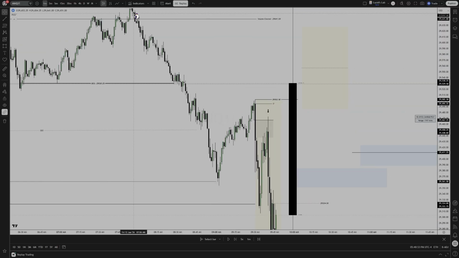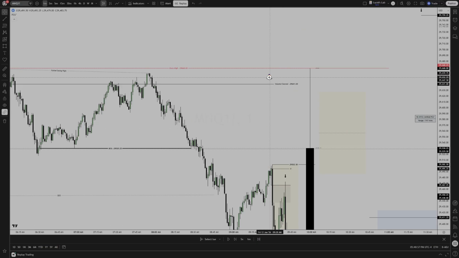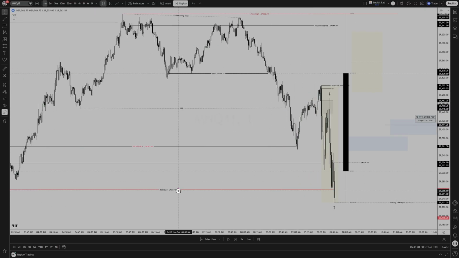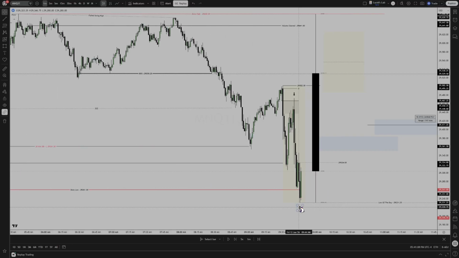So yeah, we could have delivered to the downside at 8 o'clock, but you never know. 9:30 could have possibly snatched us all the way back up into clearing data highs. But first, the market went down and drew itself to the low of the day. Once we got that move down towards the low of the day, that's when we noticed that the reaction away